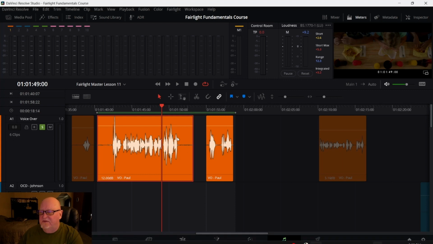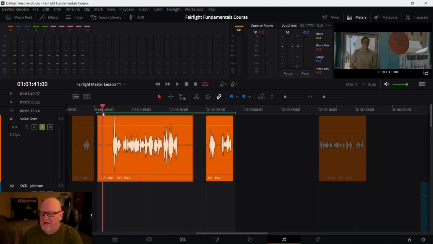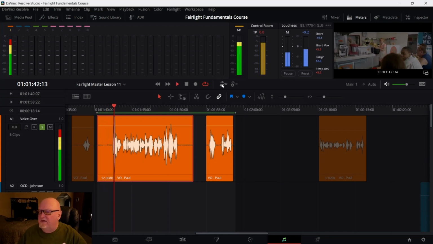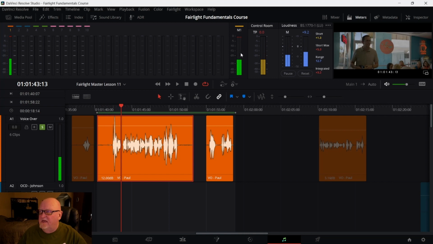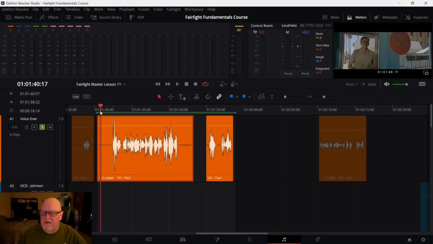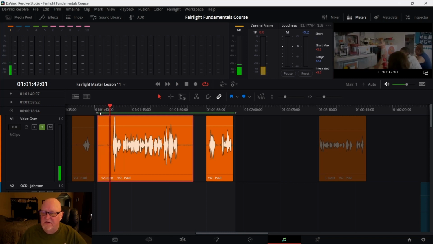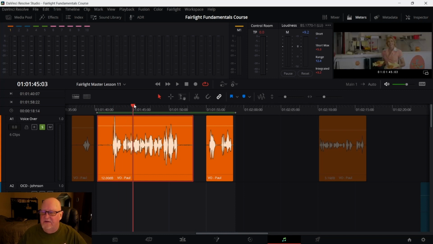The first thing to realize is that when you look up and you play something, you see the master level or the track level jump up. It's measuring the sound. So this little bit of sound that you're seeing way down here is really low frequency sound. It's low background noise. It's far away. It's barely hearable, but it's low frequency. And then when we come through here, there's other frequencies